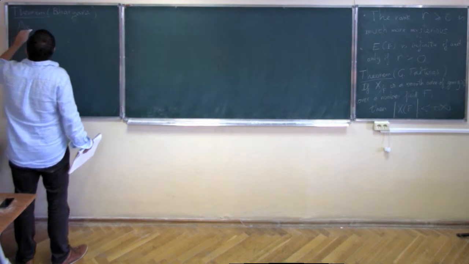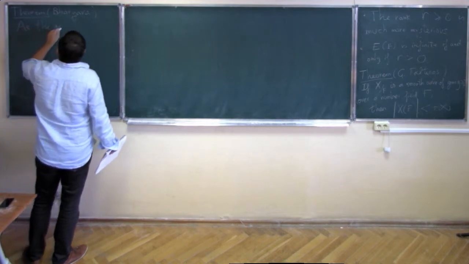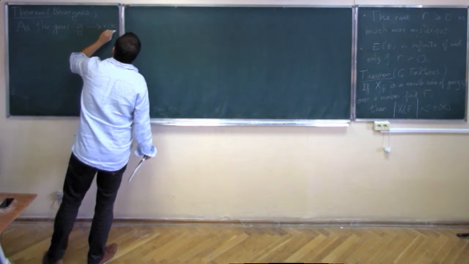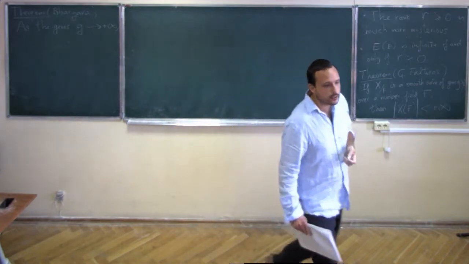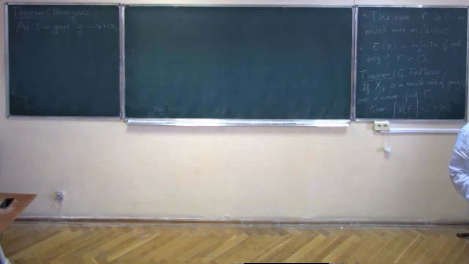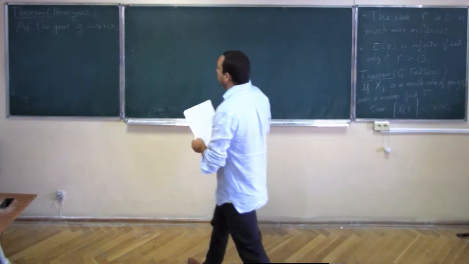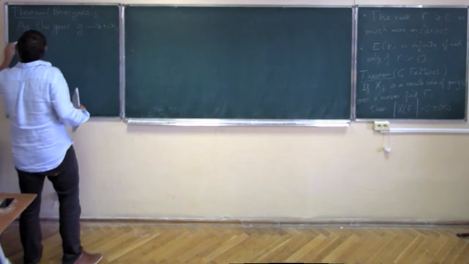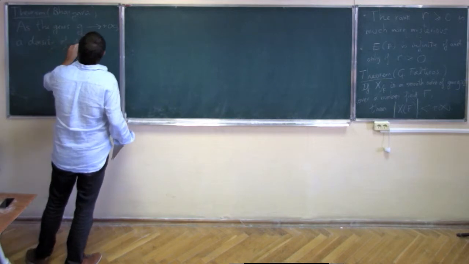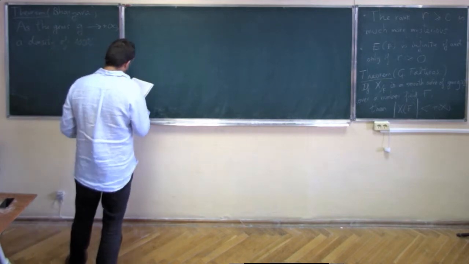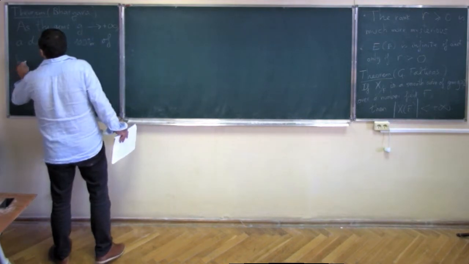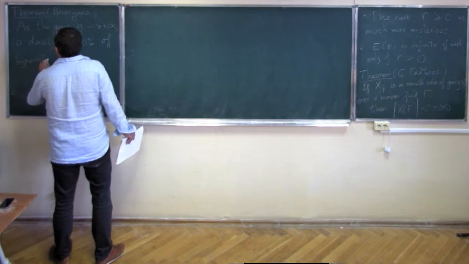As the genus g goes to infinity, we consider not all possible curves of genus g, but only those which are called hyperelliptic. The theorem says that a density of 100% of hyperelliptic curves of genus g